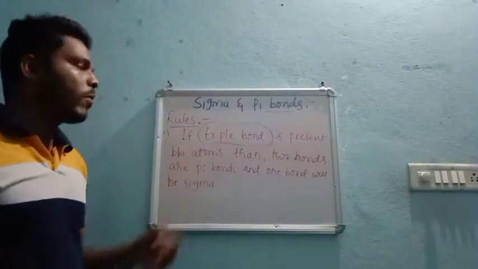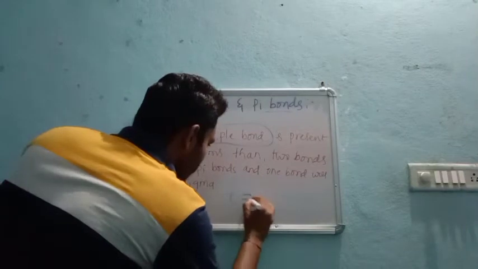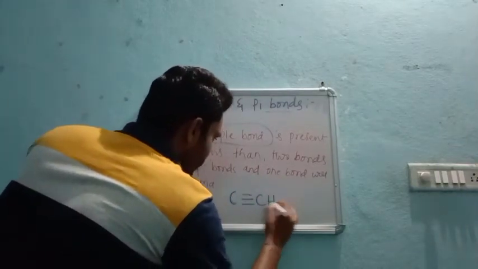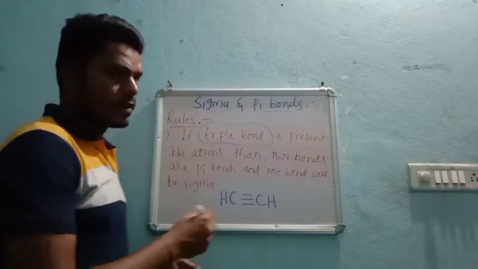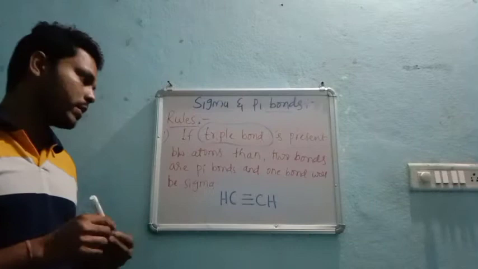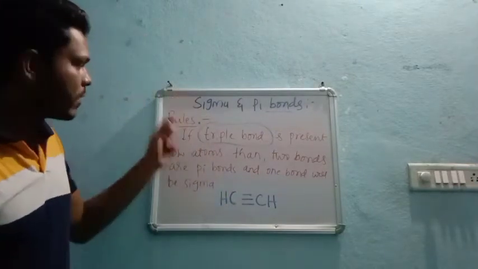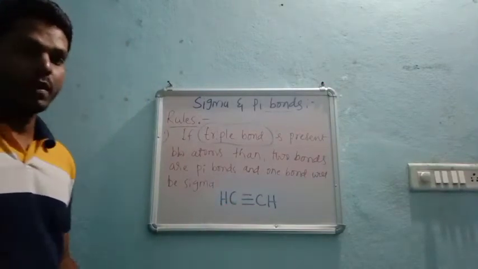So if a triple bond is present, let us have an example: C triple bond C, an alkyne. One more hydrocarbon is alkyne, or else you can say N2 is the best example. So in such cases, that means if a triple bond is present between two atoms, then